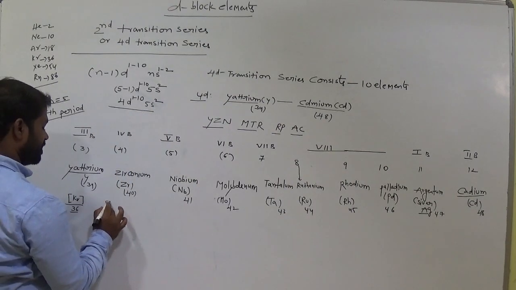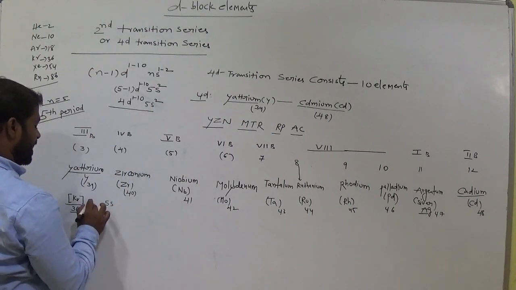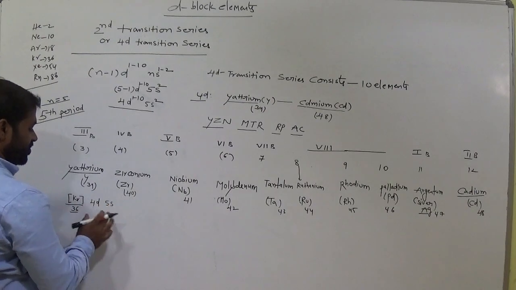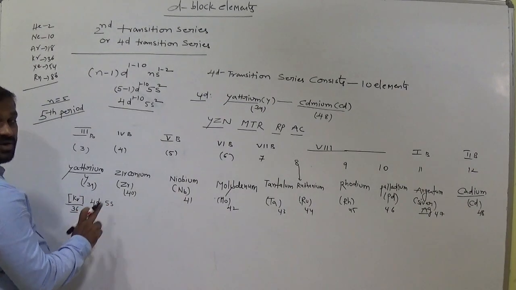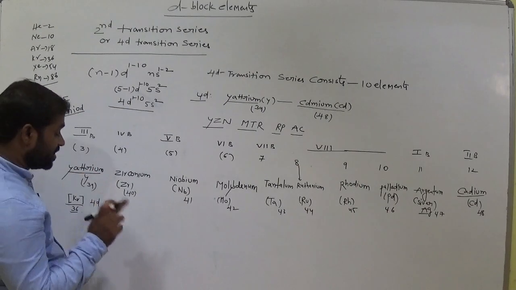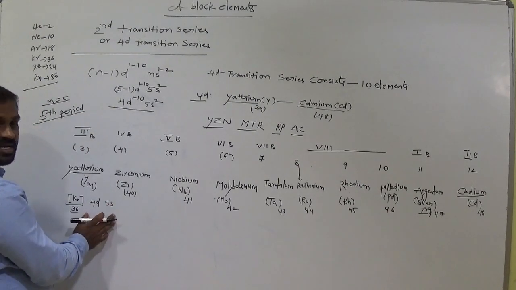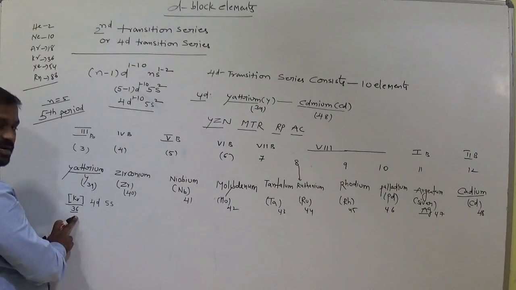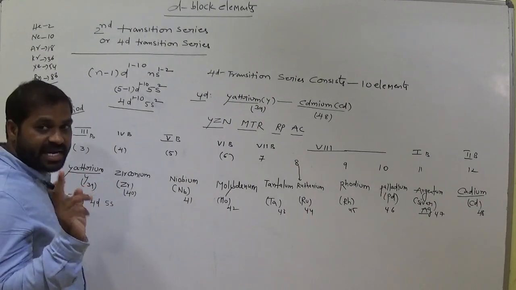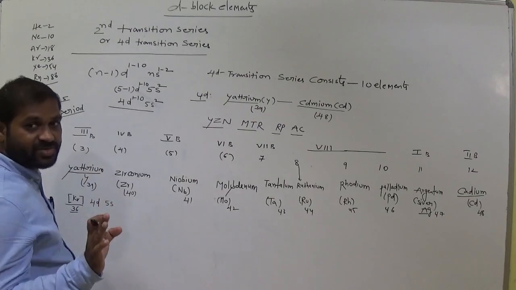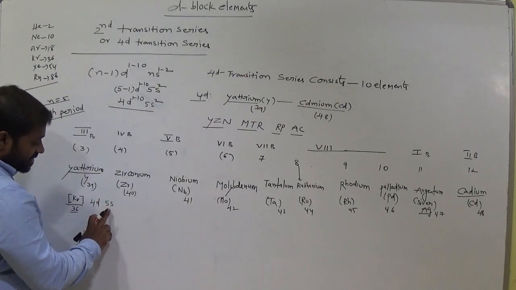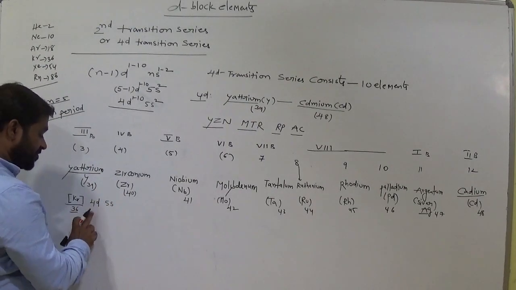5s and 4d right here, 5s 4d. This is the general electronic configuration of the 4d transition series. Here I wrote already 36 electrons. Now the electrons first enter into the s orbital. Is it clear, students, all of you? The electrons enter first into 5s, then go for 4d.